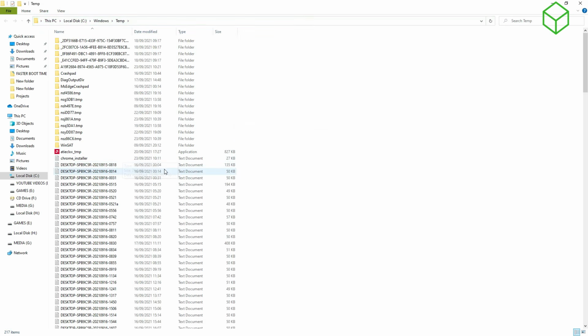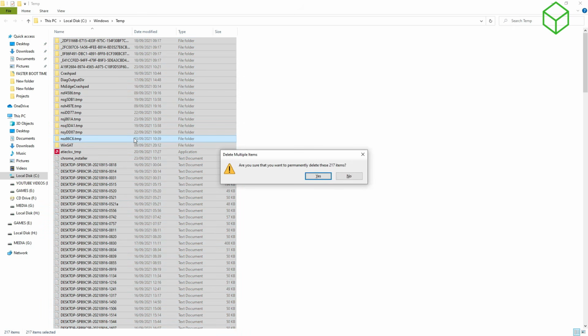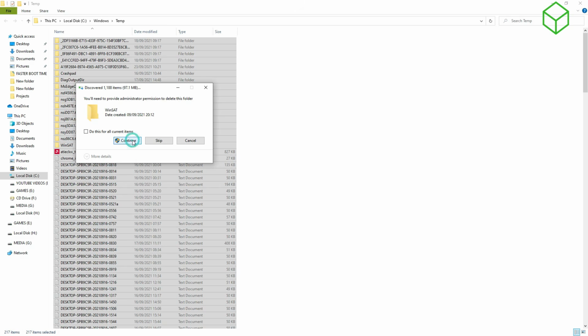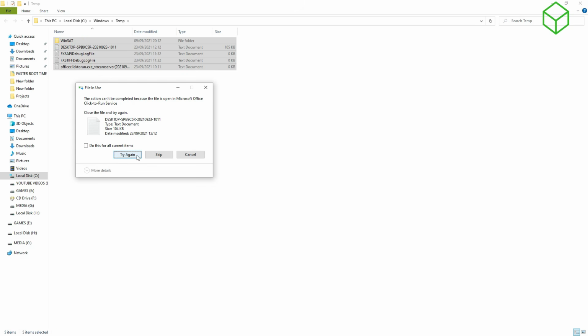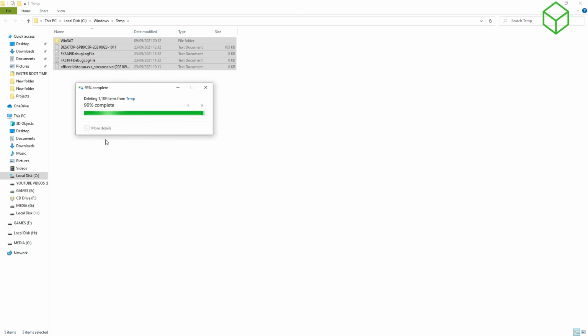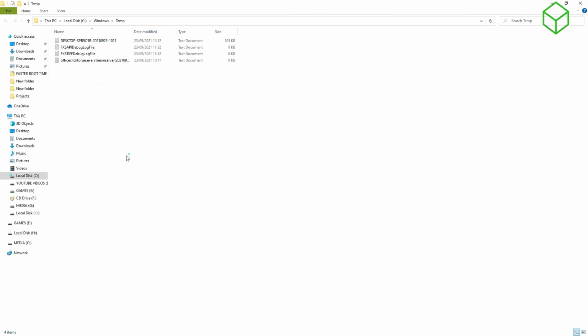And over here you can delete these temporary cache files. Okay, and don't worry, it's safe to do that. Don't worry at all. So just skip it. Okay, so when you're done,